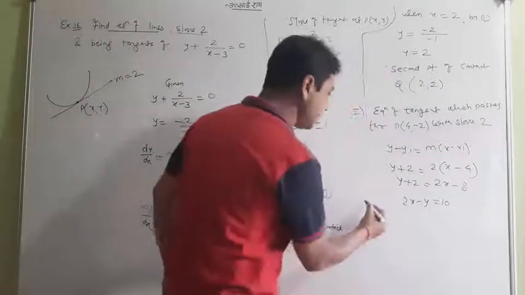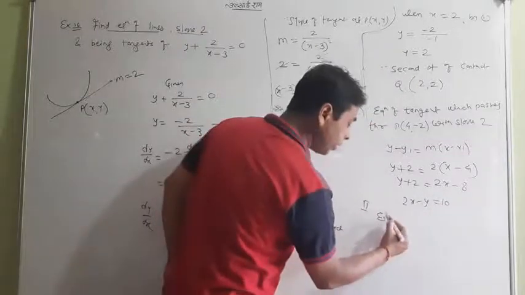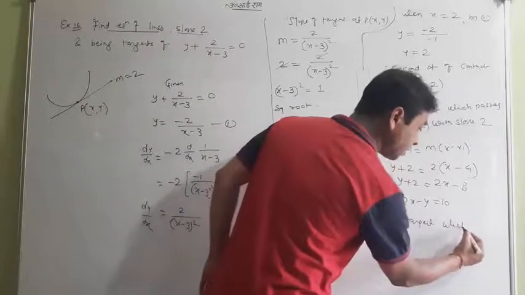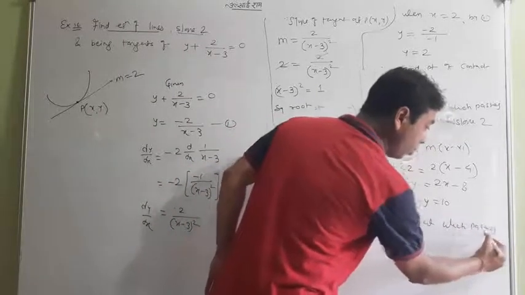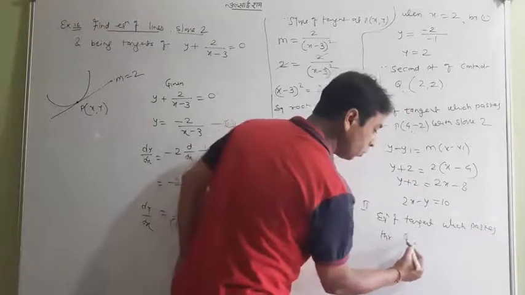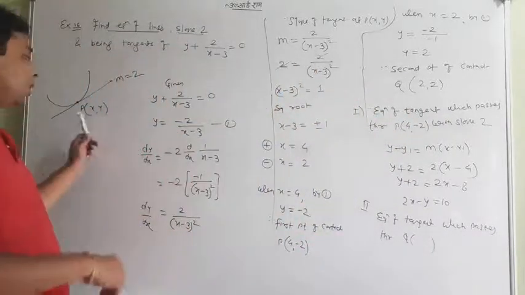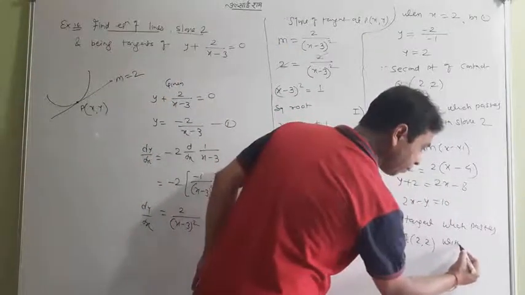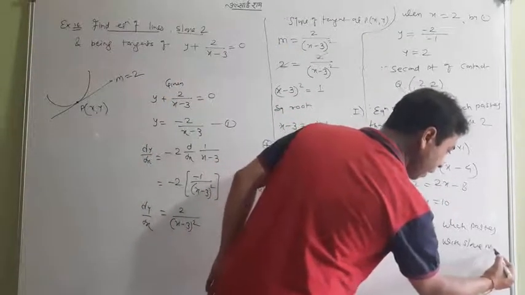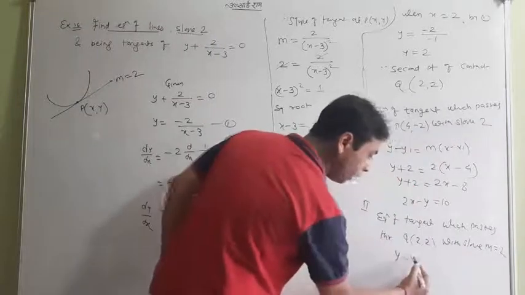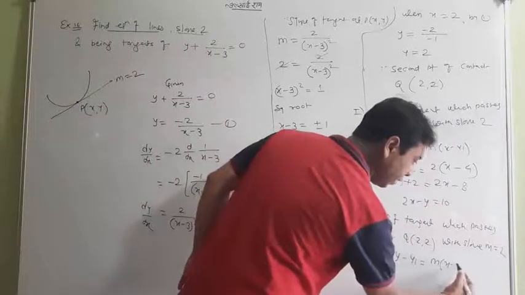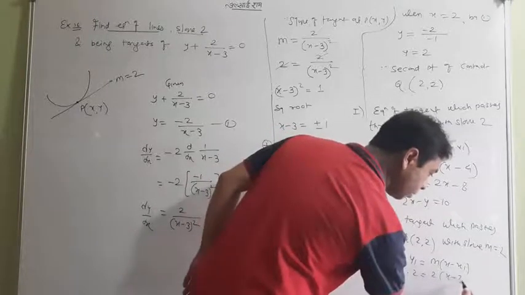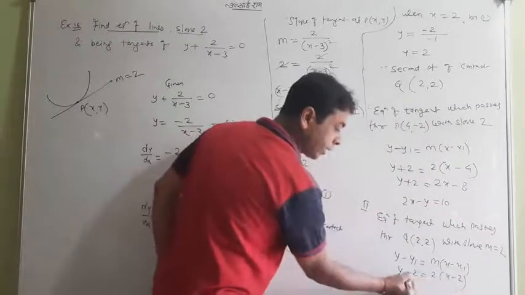This is the answer. And second, the equation of the other tangent, which passes through, this time, the point of contact Q, which I didn't mention here. Q is (2, 2), with the same slope m equal to 2. So what is the formula? m times (x minus x1). Please put in all values on your own, 2x minus 2, and just multiply and get your answer on your own.